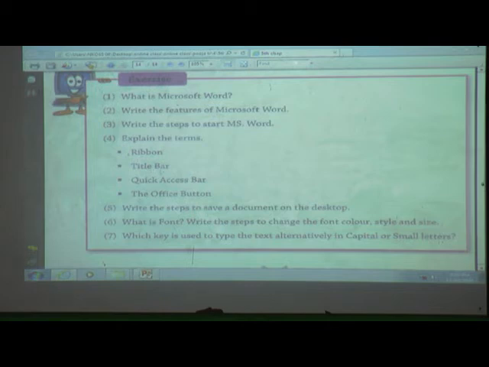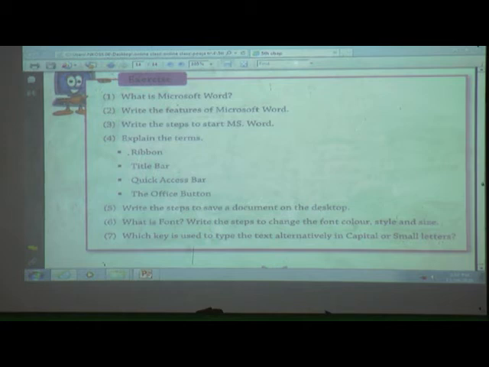Next one is, write the steps to save the document on the desktop. Where do they want to save? On the desktop. How to save the document? Now only we discussed how to save the document on the desktop. This answer is on page number 46.